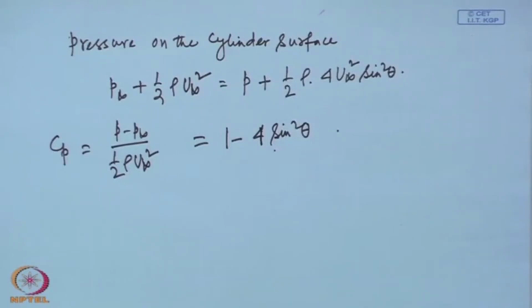What will be the lift force? Once again remember, lift force is the force component which is normal to the direction of undisturbed flow or normal to the direction of the free stream. In this case the free stream is along x, so its normal is y. So, the y component itself is the lift force, but please remember the y component or what we call the vertical component is not necessarily the lift force. The lift is normal to the free stream direction,